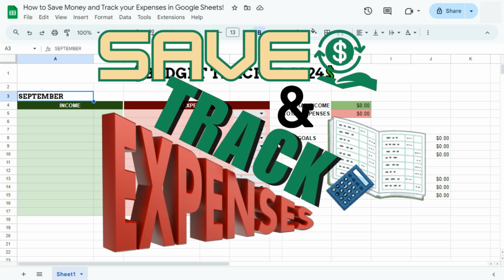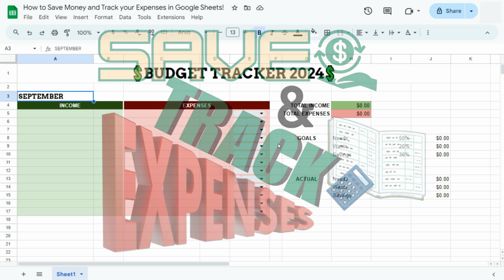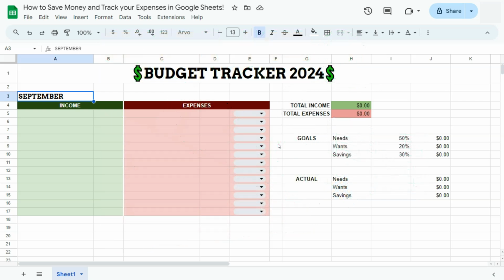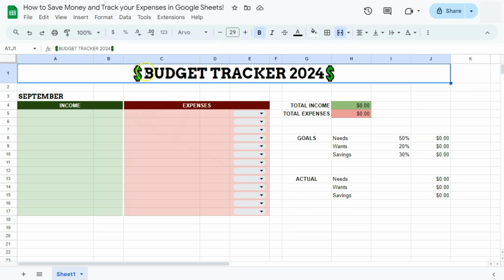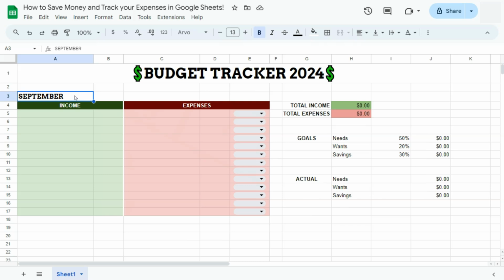In today's video, I'm going to show you how to save money and track your expenses with this budget tracker here in Google Sheets. So in this template, you can easily recreate this. All you have to do is start with this header right here. You can format it in any way you want, give it any title that you wanted as well. So for this one, we can start with the month of September, which is the month that I am in